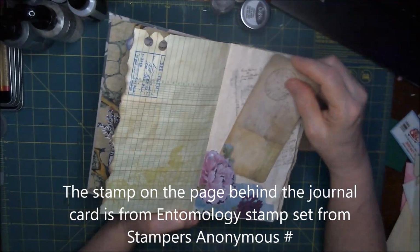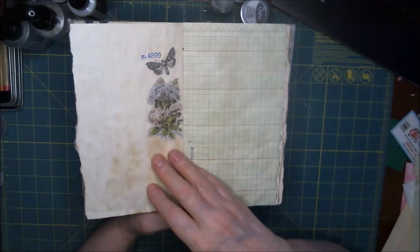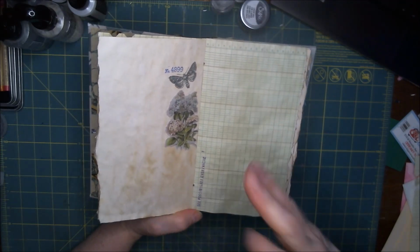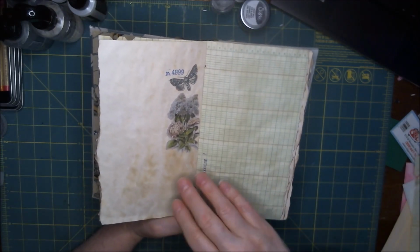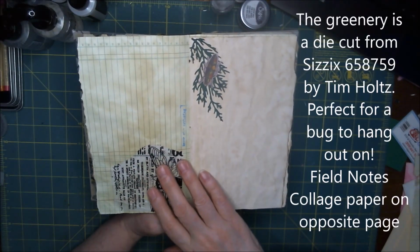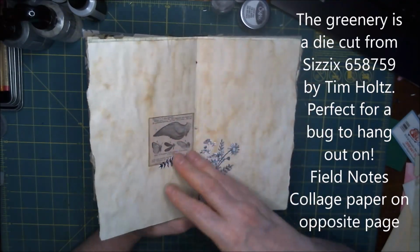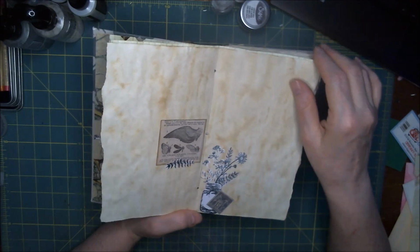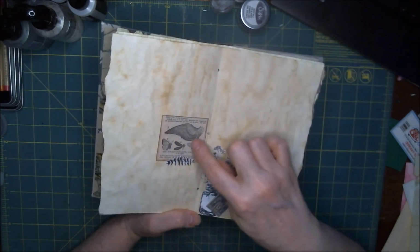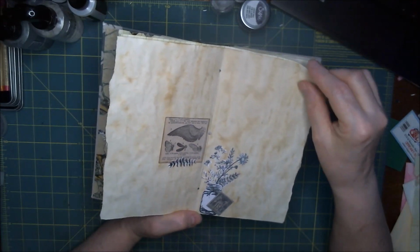I better put this back before I forget. And there's lots of room. I believe that a journal should be written in. So most of these pages really don't have a whole lot on them because I want whoever is the recipient to feel free to write in it. It's their book at this point, and it'll become their story. Like I said, most of these pieces like this and this, they come out of the Field Notes ephemera pack,